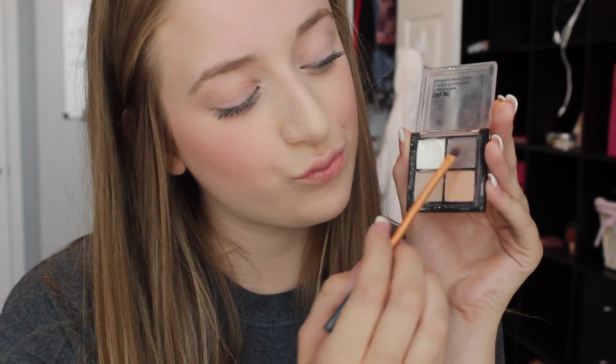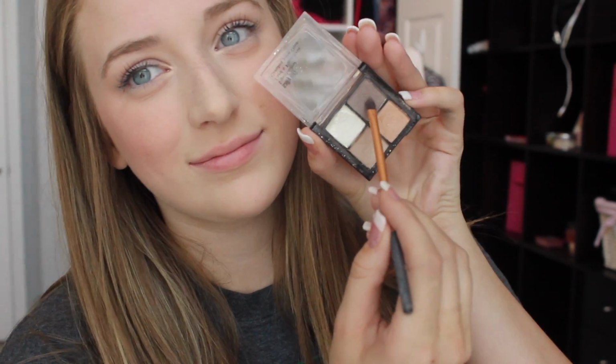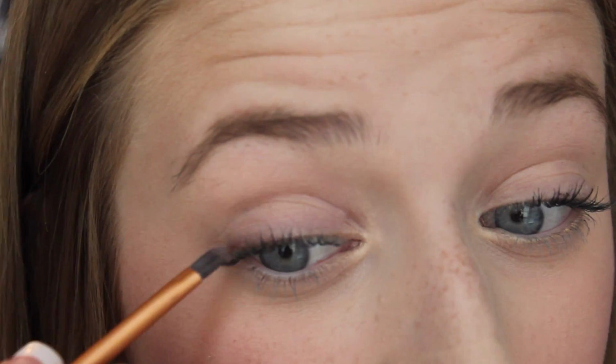Now moving on to eyes, I'm going to be taking that same quad eyeshadow palette from Sally Girl, and I'm going to take this dark brown on a small little brush, and we're going to actually use this as our eyeliner because it's going to look very natural and really accent our eyes very well without looking too harsh or overdone. So just line this pretty close to your upper lash and just kind of press it onto your lid,